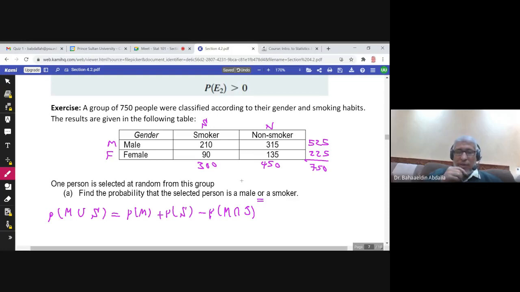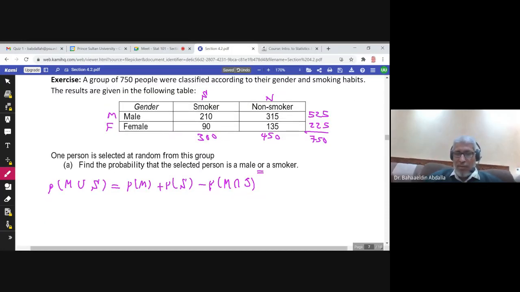So the probability of M, the number of males, I have 525 males over the total number, which is 750. Number of smokers, I have 300 smokers between females and males over the total number of people in the group,